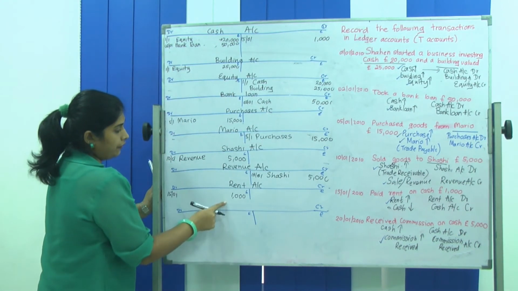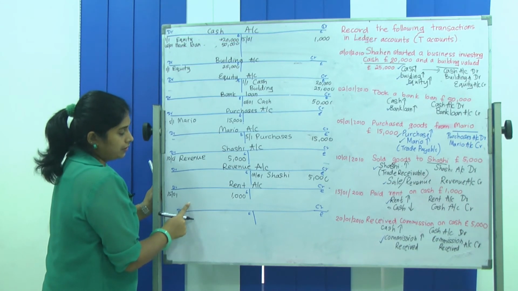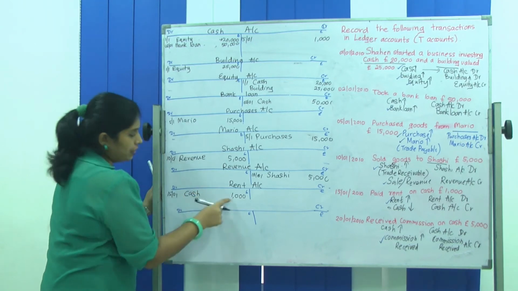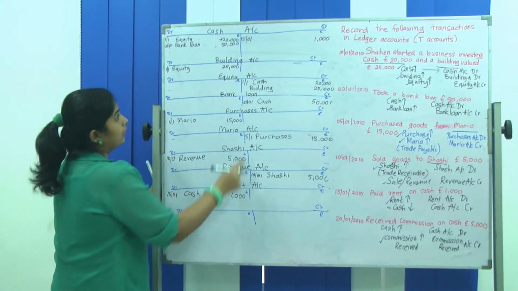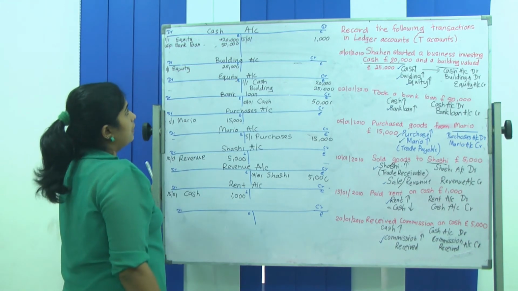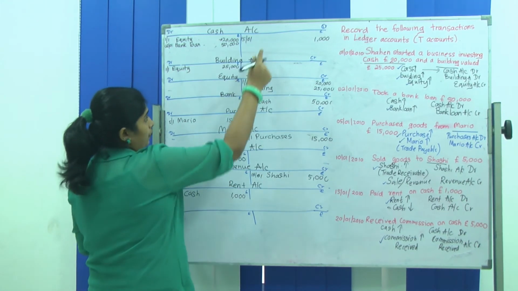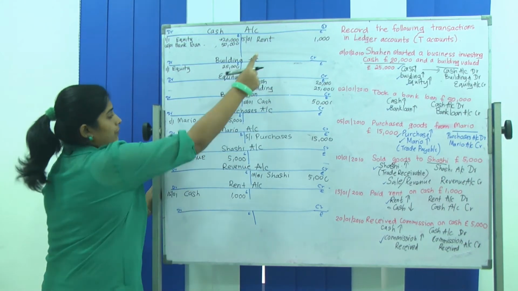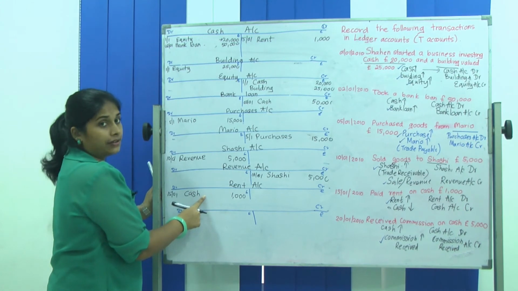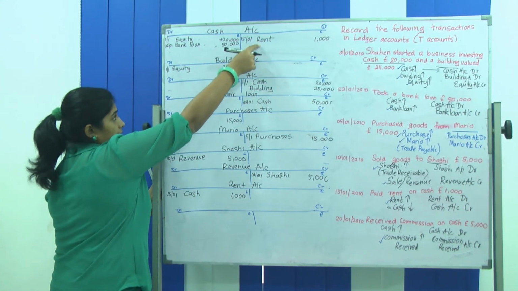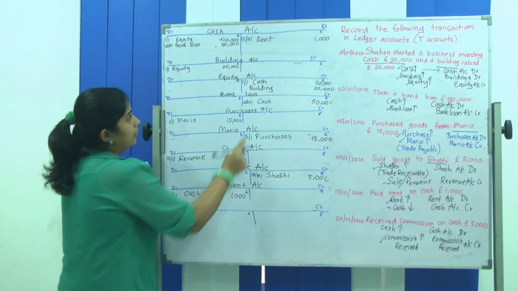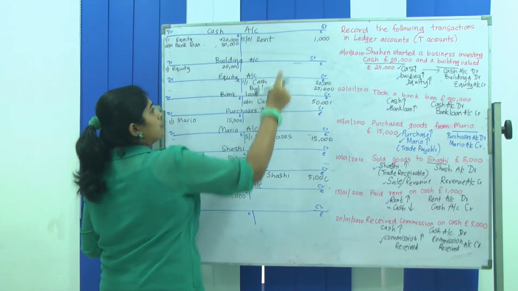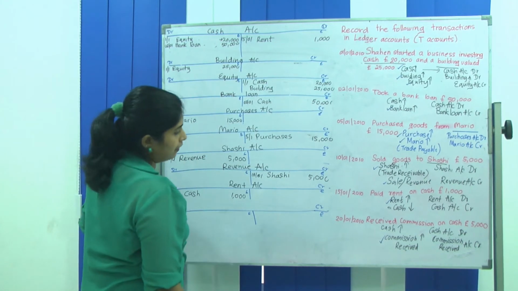Now rent, where is the debit entry? It is there on the rent account. Where is the credit entry? It is there in the cash account. So we'll write cash right in front of 1,000. Then the second entry, the credit entry, is there in the cash account, so here you'll be writing rent as the detail. You have to exchange the name. Debit entry is there in the rent account. Where is the credit entry? It is there in the cash, so you write cash here. Credit entry is there in the cash account. Where is the debit entry? It is there in the rent account. You write, exchanging names, rent there.